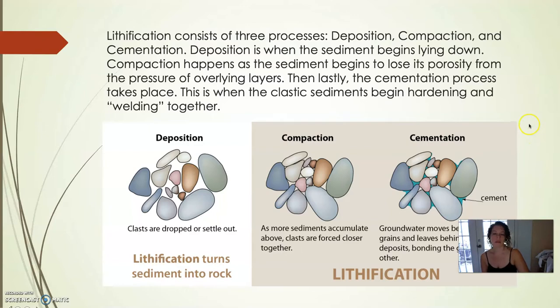Lithification consists of three processes: deposition, compaction, and cementation. Deposition is when the sediment begins lying down. Compaction happens as the sediment begins to lose its porosity and the pressure of overlying layers,